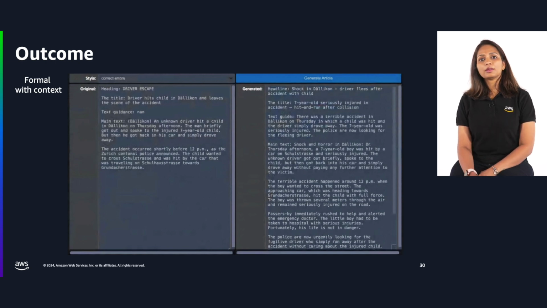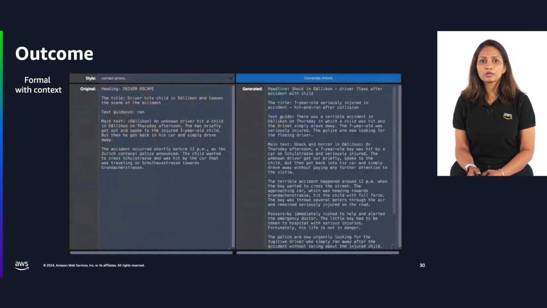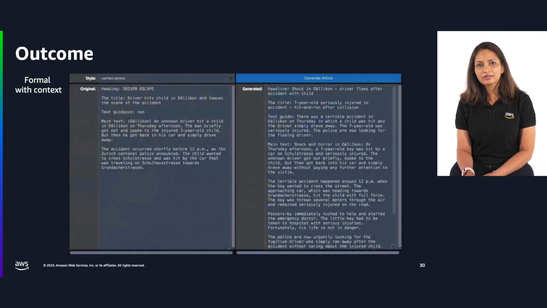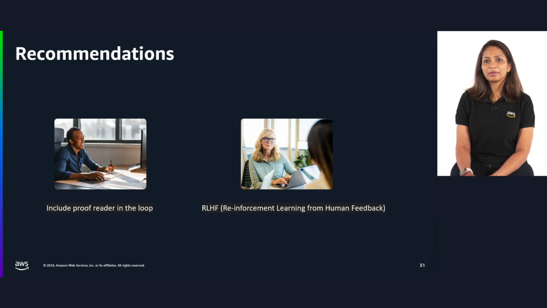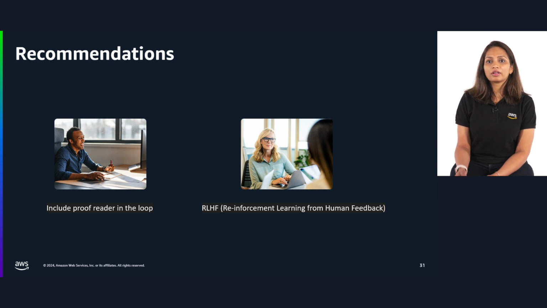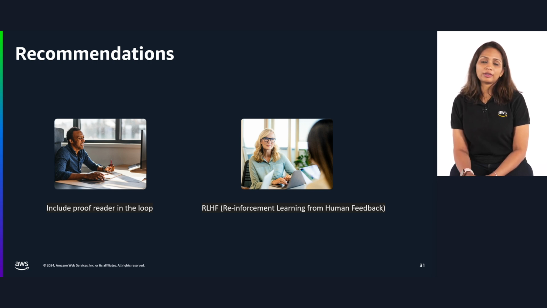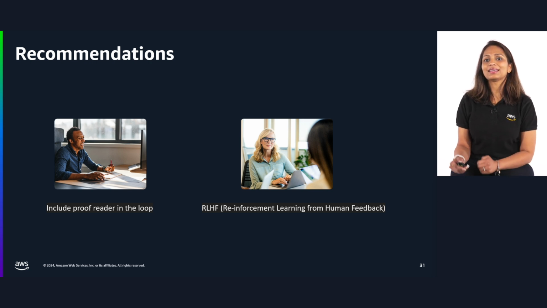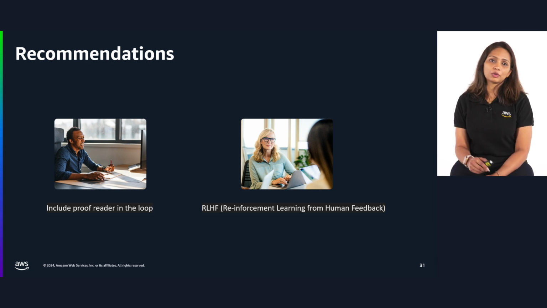In summary, the majority of top performing articles of breaking news are published quickly with minimal rewriting. However, there is no one particular model or method that achieves the same outcome for all types of articles. Here are some of the recommendations based on the prototype tested. All the outputs that were generated were validated by a proofreader. Although the editor assistant was able to rewrite the articles quickly and efficiently, we recommend to have a proofreader in the loop to maintain control.